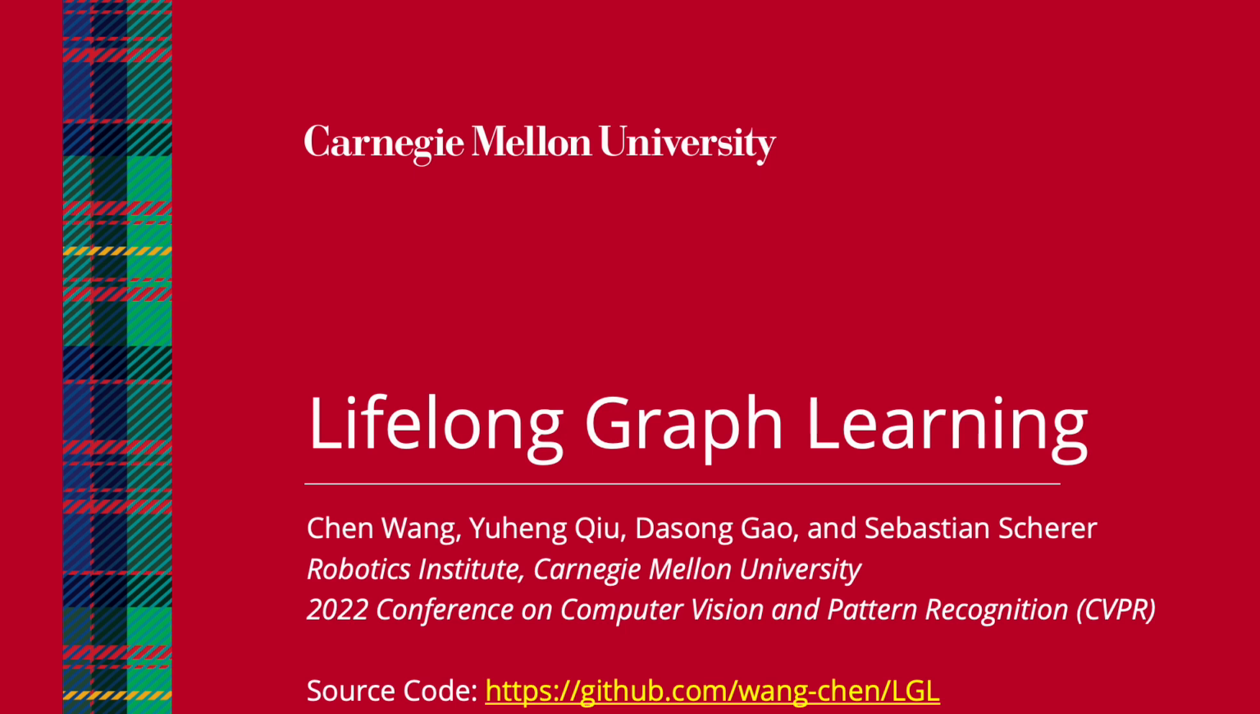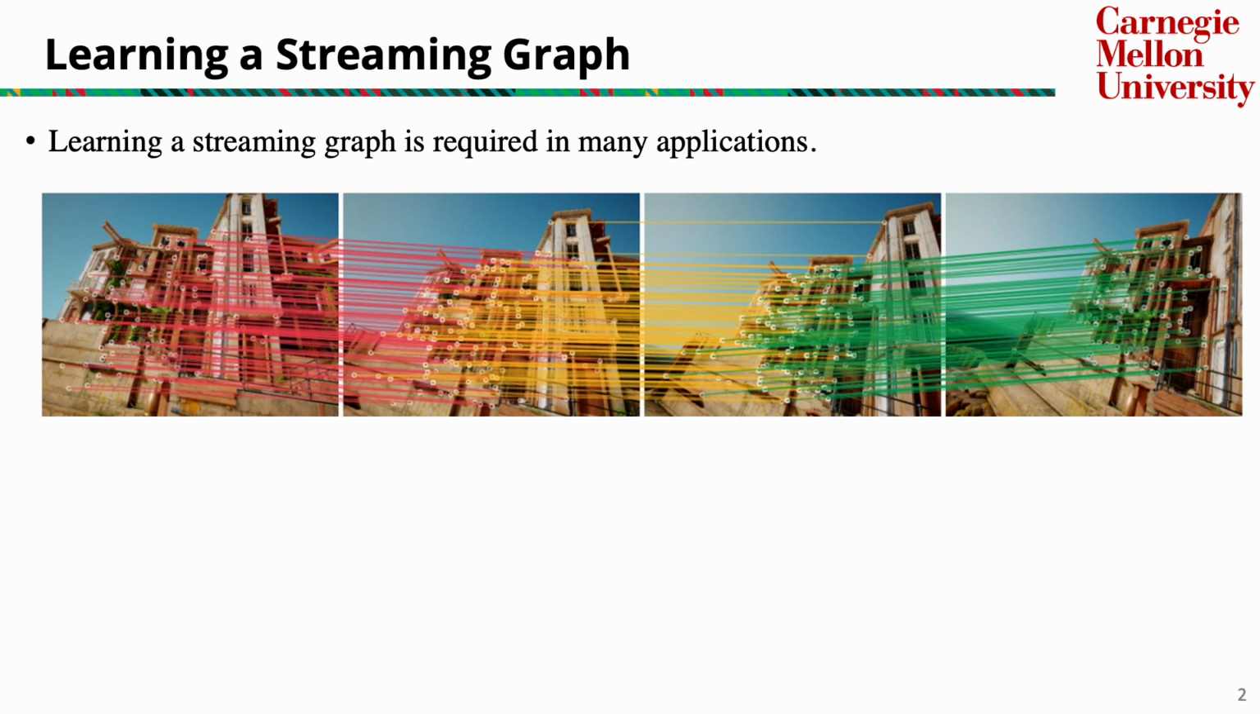In this video, I am going to present our CVPR 2022 paper, Lifelong Graph Learning. This work is authored by Chen Wang, Yuheng Q, Dasong Gao, Sebastian Scherer from the Robotics Institute of Carnegie Mellon University. Graph neural networks have been widely used in many applications, while it has received limited attention to learn a